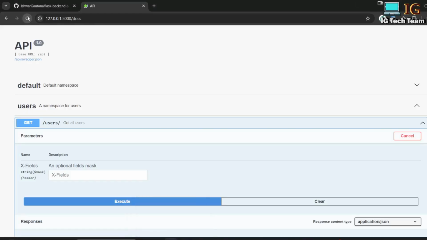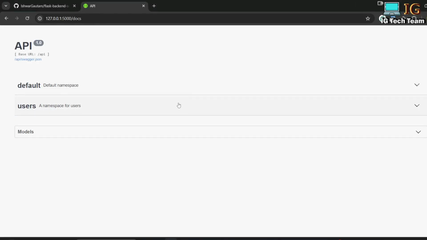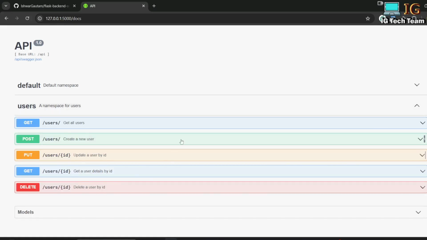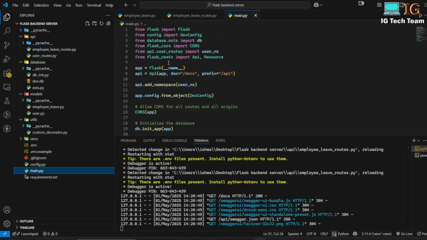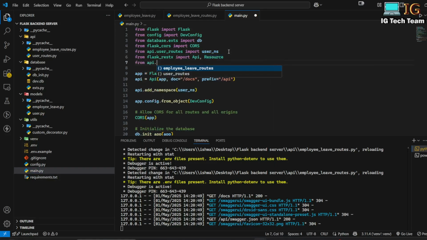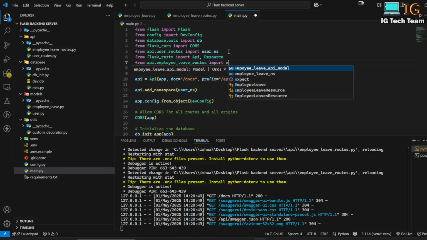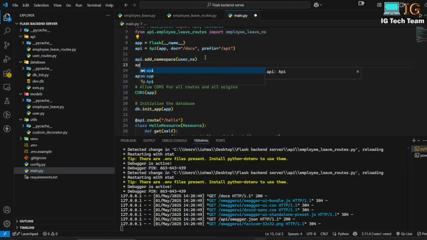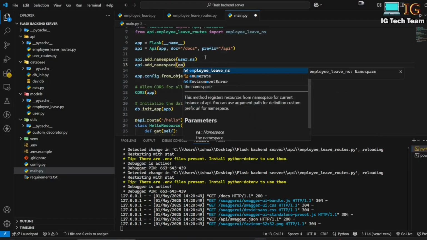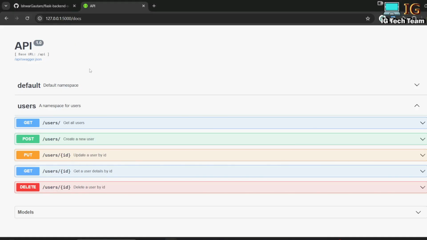Now if I refresh my app document, okay, I have to register my employee namespace. So I have to go to my main.py file, and here I'm going to write from api.employee leave routes, I'm going to import employee leave namespace, and again here I'm going to write api.add namespace employee leave namespace, Ctrl+S. And here if I refresh this again,